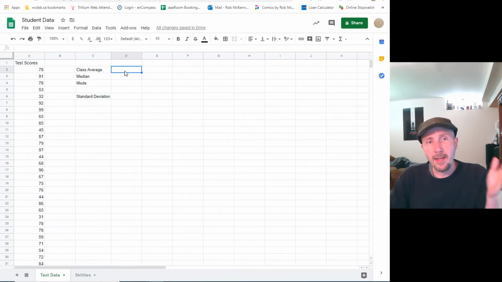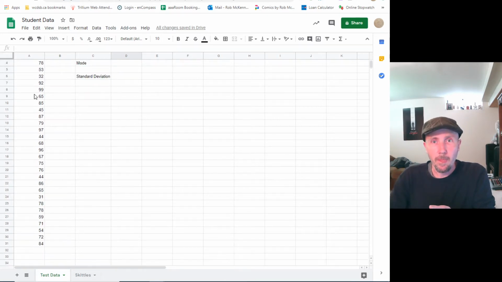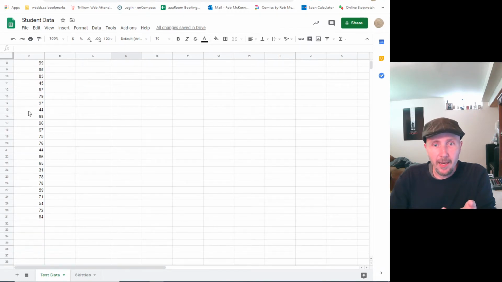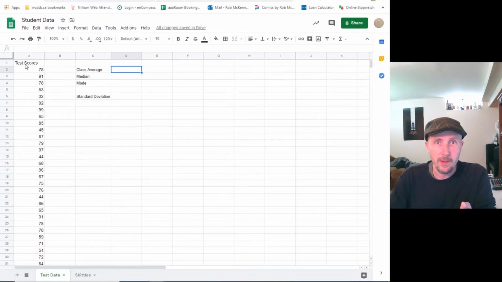For calculating average on here, remember on our calculators we would have to add up every single piece. So all this would be annoying to add up and then divide by, how many are there? 31 it says here, but the first one isn't a real one, so 30 pieces of data. What we can do is go onto our cell, so I'm going to pick this one right beside class average and put equals